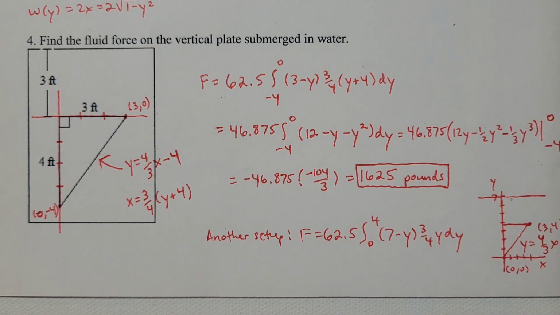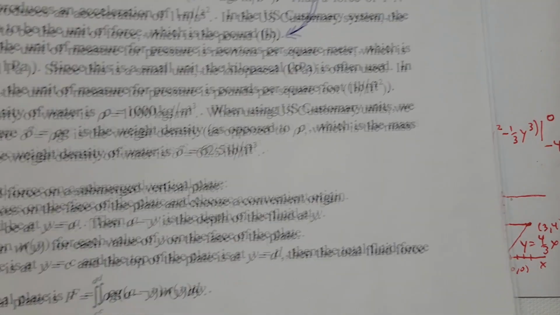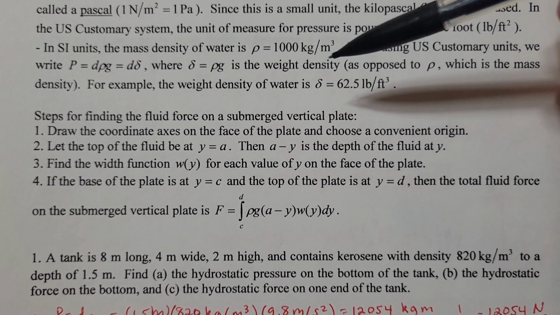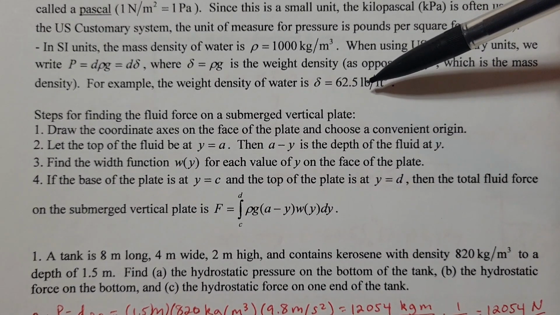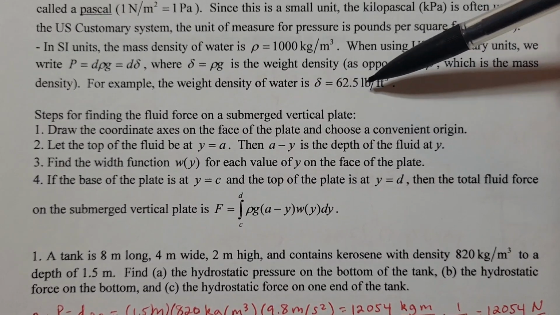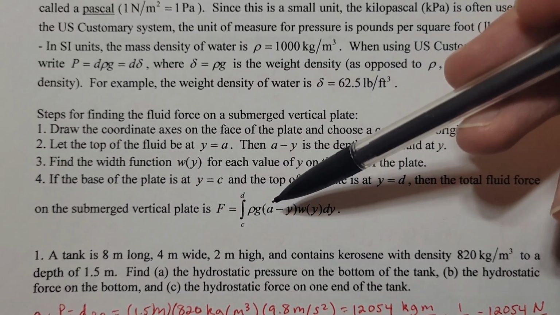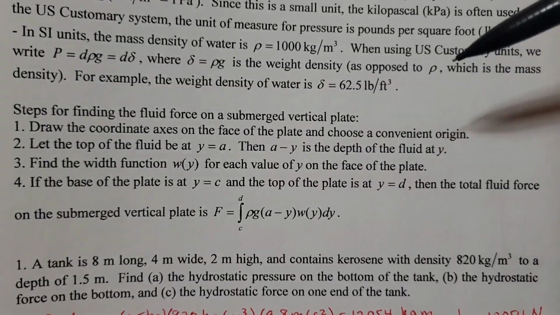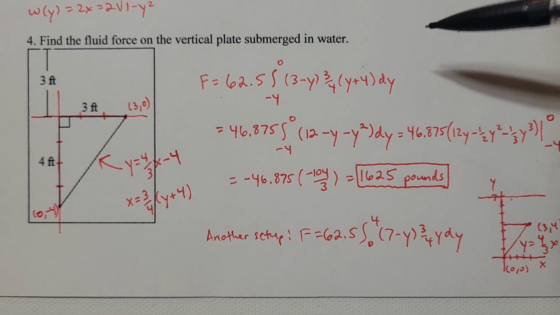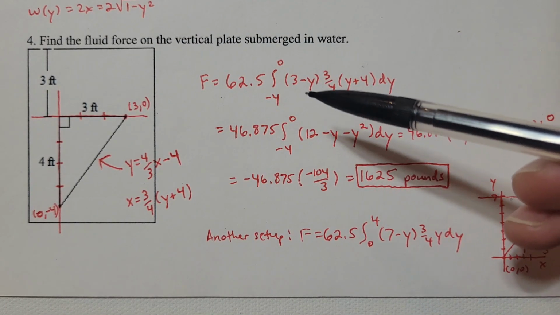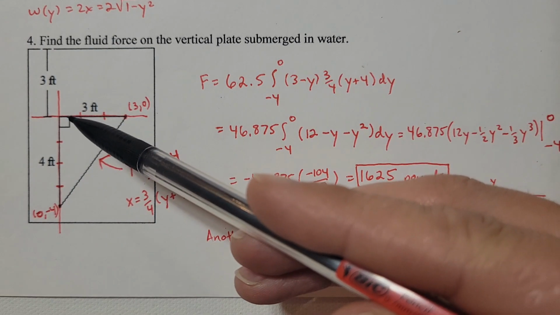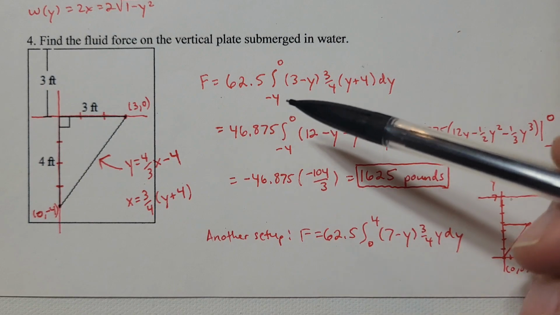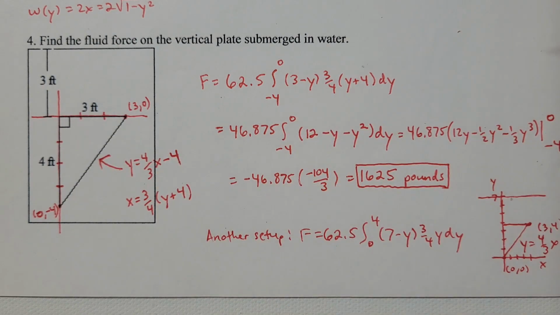Okay, so let's see. I'm going to have 62.5 because I'm in the U.S. Customary system, rather than the SI metric system. So I got delta, that's the same as rho times g, times the integral going from -4 to 0. So the bottom of the plate to the top of the plate, submerged in water, I'm going from -4 to 0. And then,